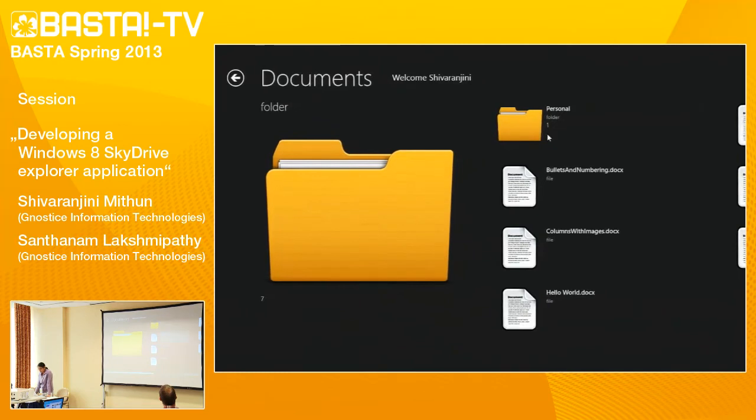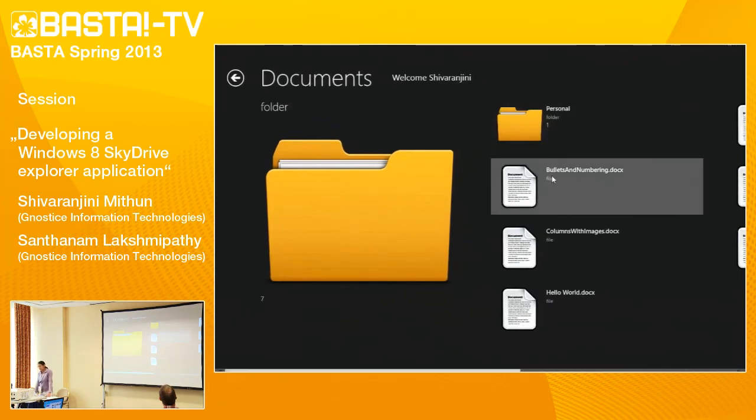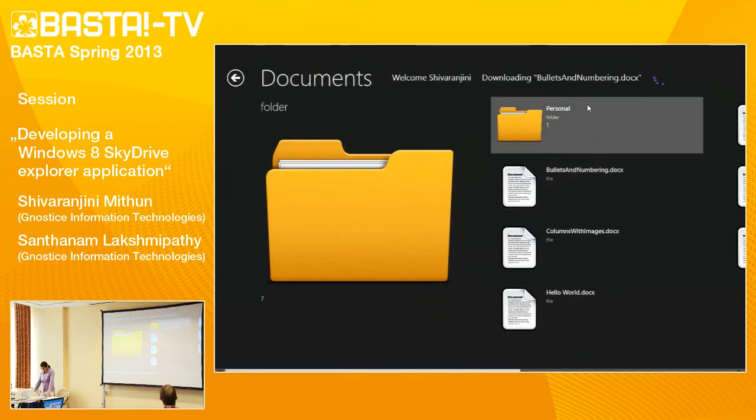Suppose I want to view some other file, say this docx file. What I should do is first download this from SkyDrive, and then convert this downloaded file into a set of images.